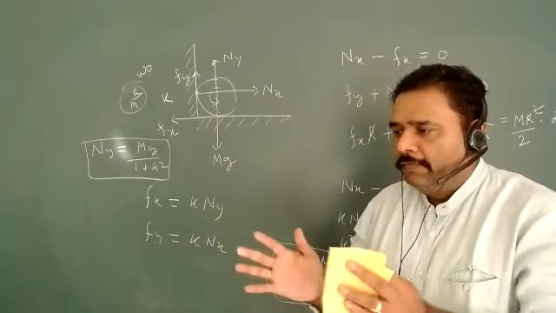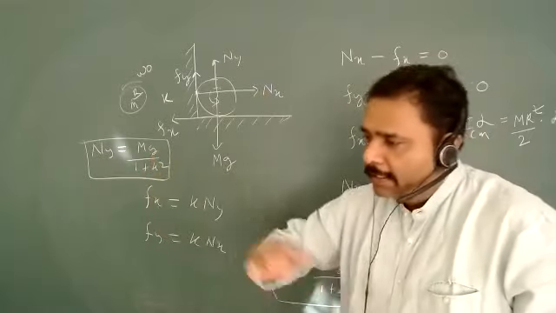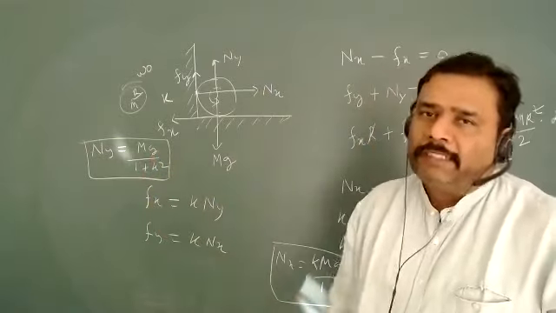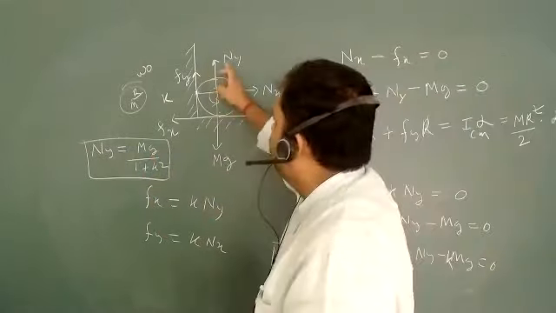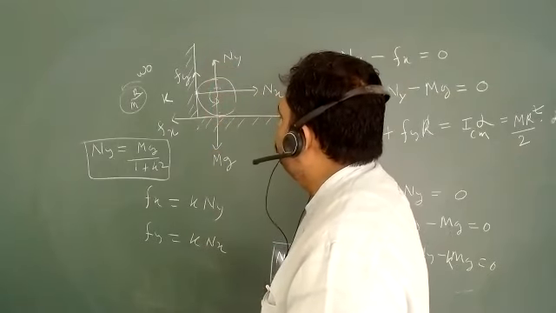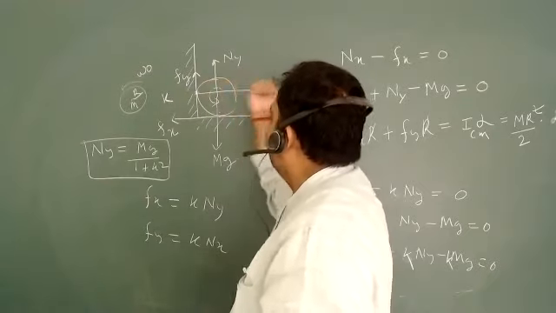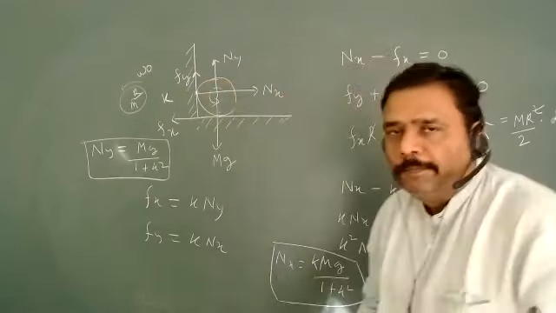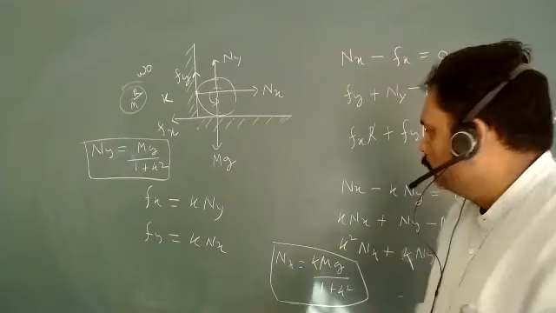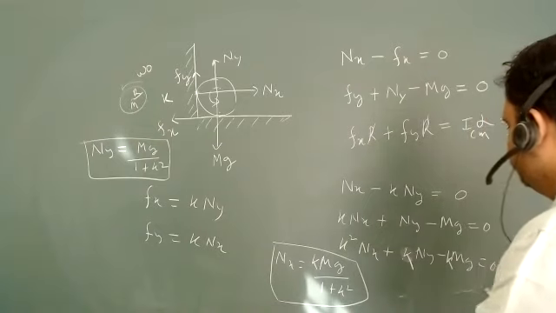Whenever two surfaces are in contact and you give some pushing effect, the reactionary force will be identified as normal. So this is Ny due to this mass mg. Is this clear? And this frictional force is pulling it this way, because of it a normal will come here also. Is this clear? Yes sir. Okay, so let us try to solve all this.